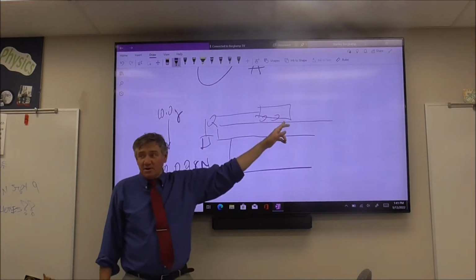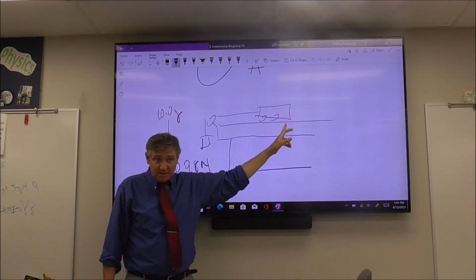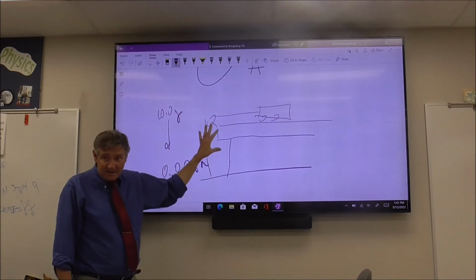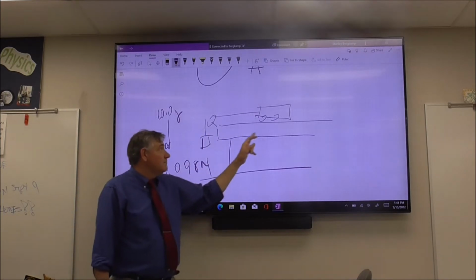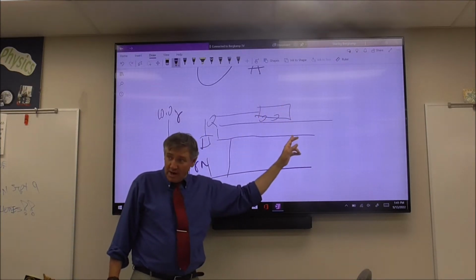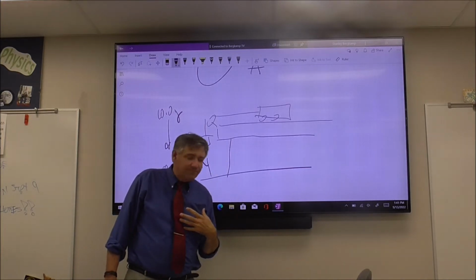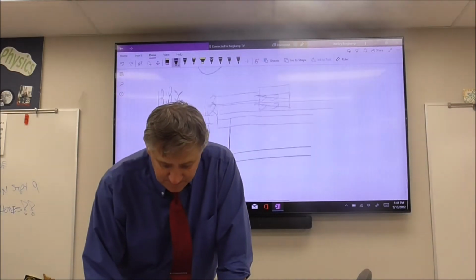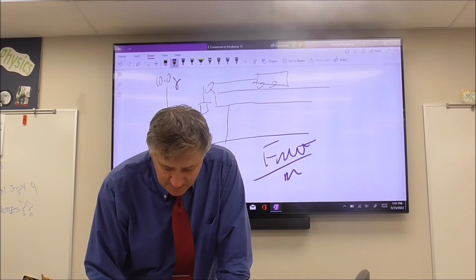Now, the reason I don't get an acceleration of 9.8 meters per second squared is because I'm dragging this cart that has a 500-gram mass and a 20-gram mass stacked up here. So the applied force acting downward is going to be 0.098 newtons. The more mass that I have to drag, obviously, the smaller the acceleration is going to be. So at the end of the day, to calculate this acceleration, you're going to go force net divided by mass